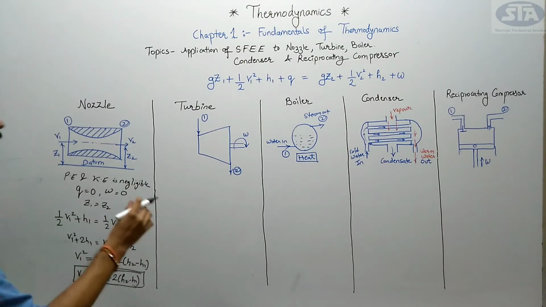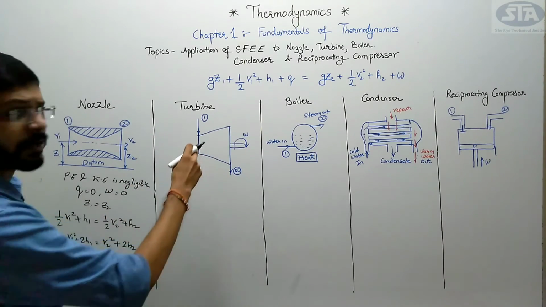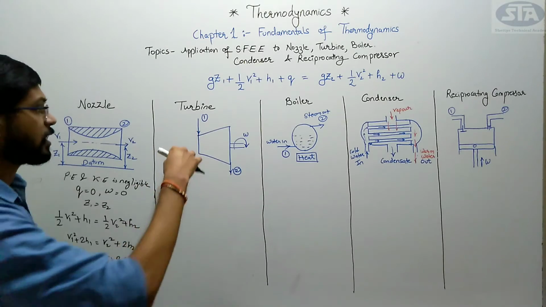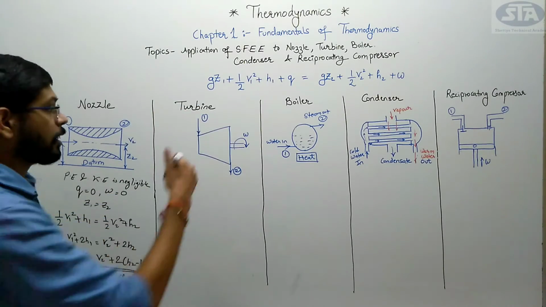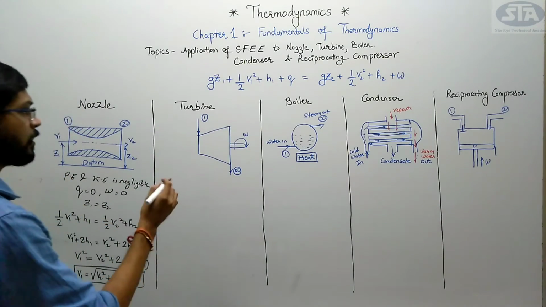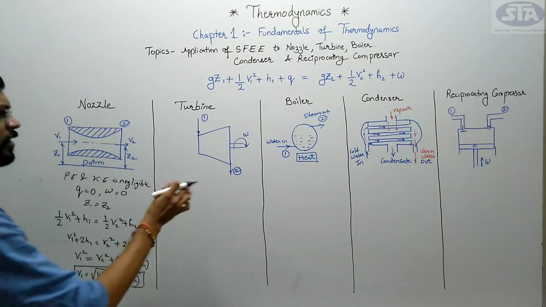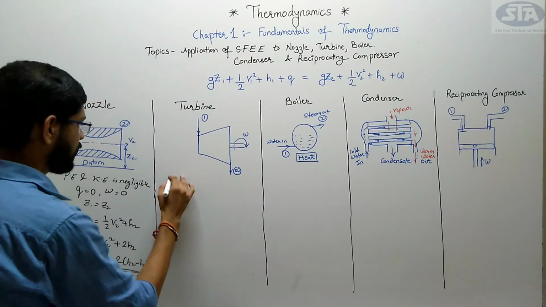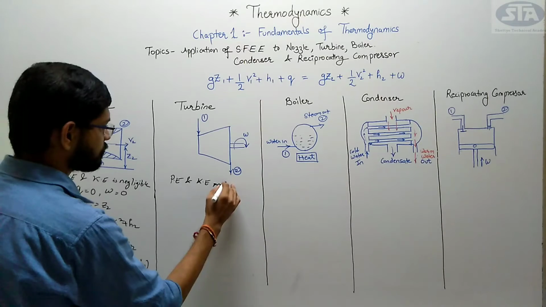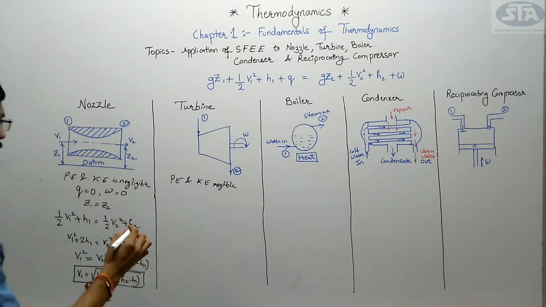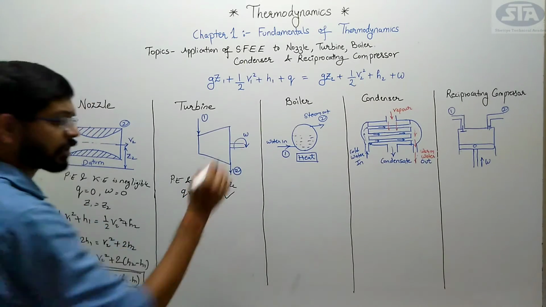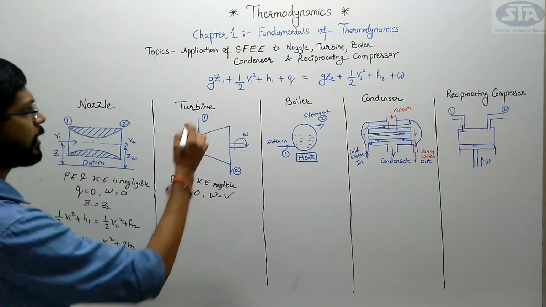What is turbine? The turbine is a work generating equipment. When we pass steam at one point of section, the velocity of steam, the energy of steam entering will be greater, which will impinge on the turbine rotor and thus my work is generated. So let's find out what is the equation for this turbine. Here consider potential energy and kinetic energy again to be negligible. Next, here can you see any heat transfer? No, but work done is there. Work is being done.